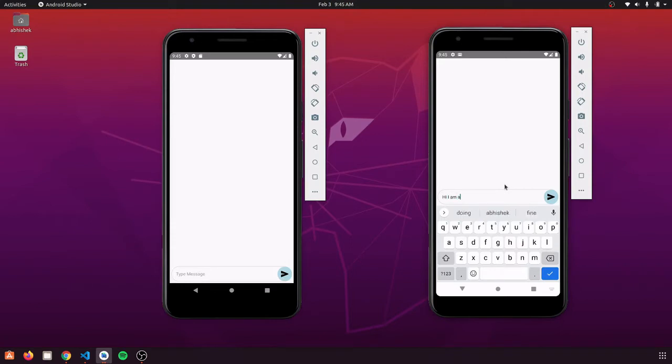Hi, I am Vishek Patil. So now you can see the message is having this border radius around these 3 corners, and it is having the corner from here, and it is showing on the right side of our screen. And for the receiver, that is, this phone is not the owner of this message, so it would have a light color, it would have border radius around here, here and here, and it is having a corner here, and it is showing it on the left side.